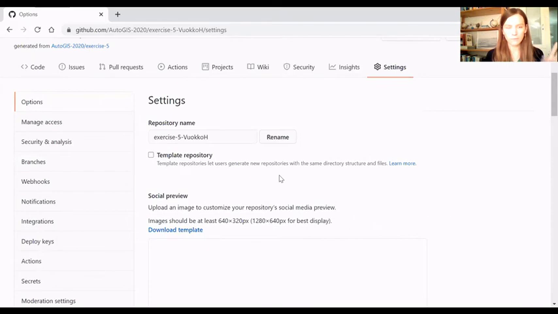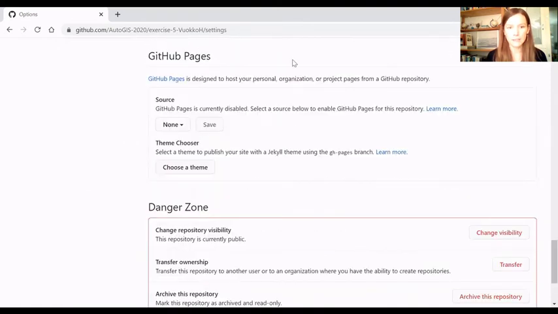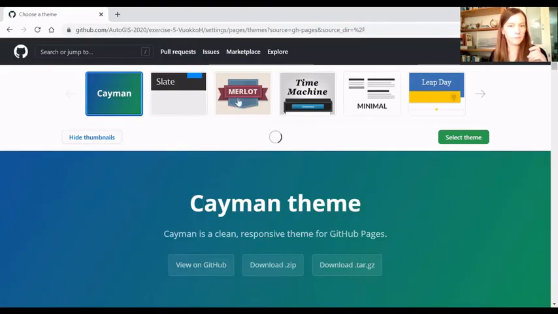That was step 1. Then step 2, still on the settings page, let's scroll down to the GitHub pages section. So this has now changed a bit. First, the repository has to be public. Second, you need to choose a theme before you can set the source folder or branch for the GitHub pages. So we go here. You can choose whichever theme, but it actually doesn't matter. So I click on some of these themes, select the theme,